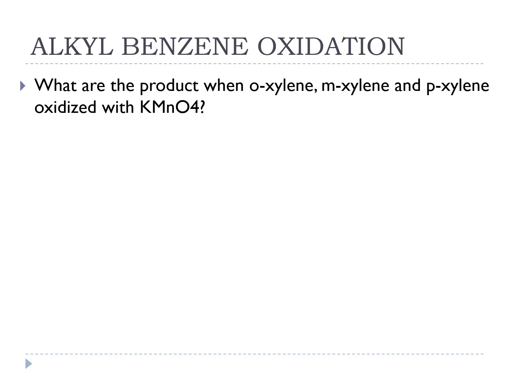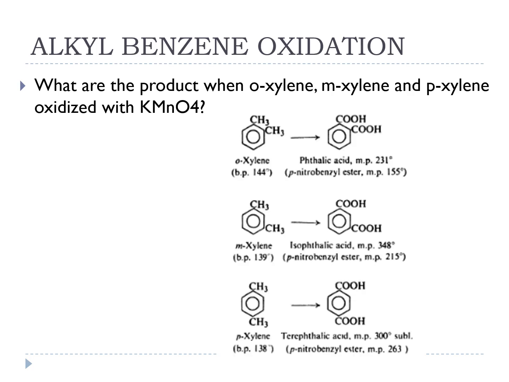So what is the product when orthoxylene, metaxylene, and paraxylene are oxidized with hot potassium permanganate? Remember, all the aliphatic compounds or the side chains, the methyl here, will be oxidized into